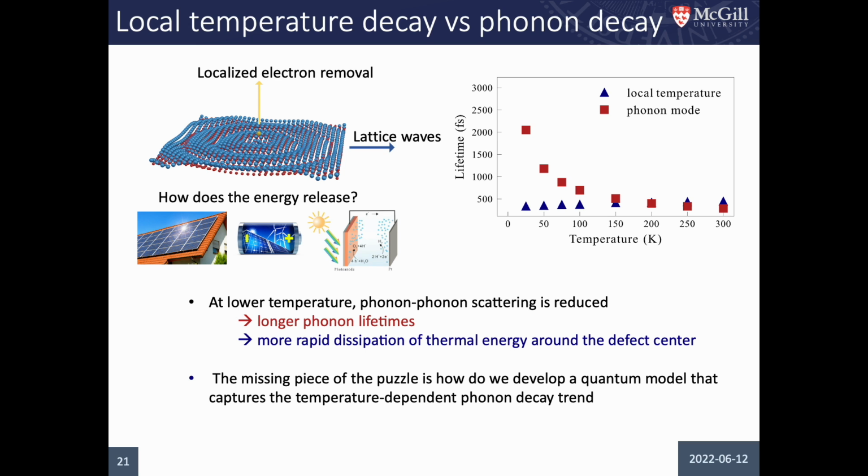The missing piece of the puzzle is how do we develop a quantum model that captures the temperature-dependent phonon decay trend? This involves calculating phonon lifetimes through the atomistic investigation of the higher-order anharmonic coupling terms and the inclusion of quantum effects. That's the end of my talk today, and you may also refer to our paper to